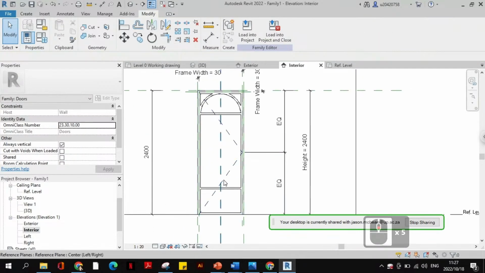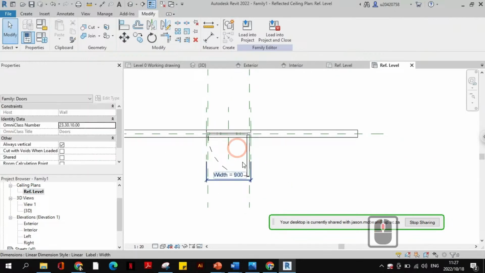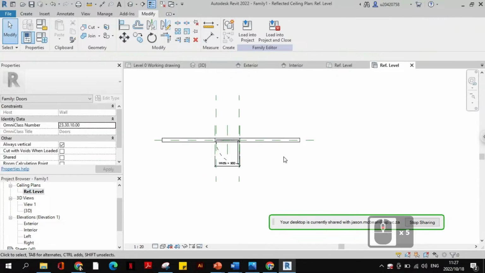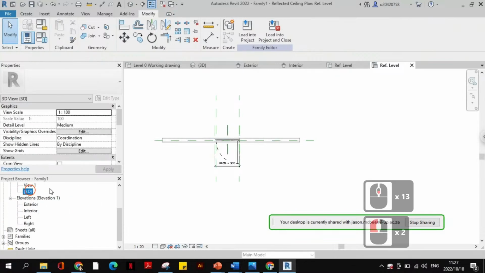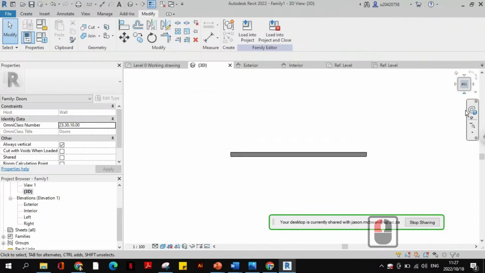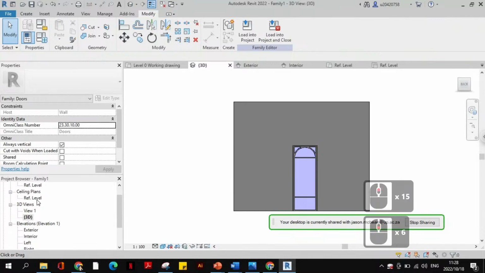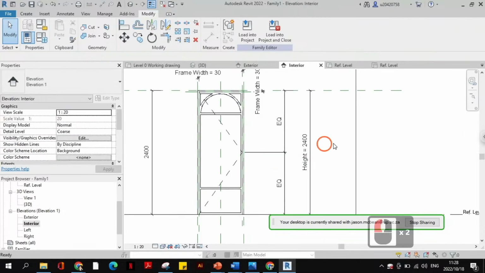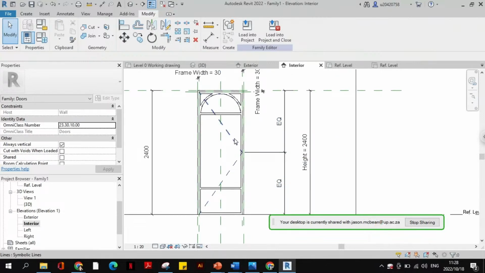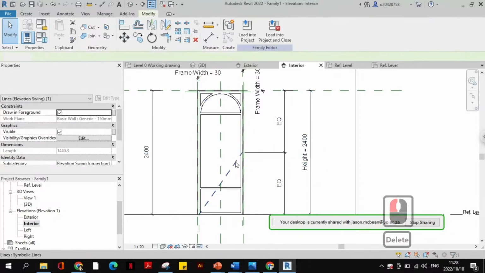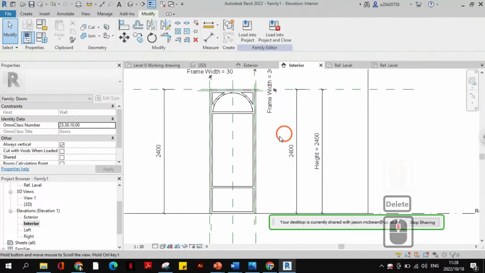In elevation you want to see the door swing, but you want to see this thing to tell you which way the door is swinging. Okay, now we need to make sure that it correlates with what you're seeing, if this is swinging in the right direction. So typically, let's go to 3D view. This is how I work it out. If you go to 3D view, so that's back elevation. So if I went to back elevation, that is interior. The door is swinging. So this is in the opposite direction. Delete. Okay, so this needs to go